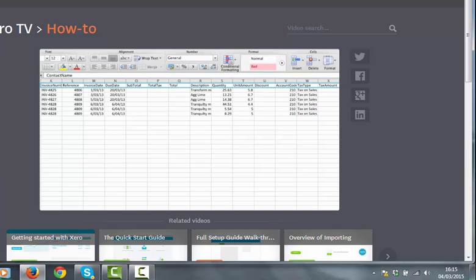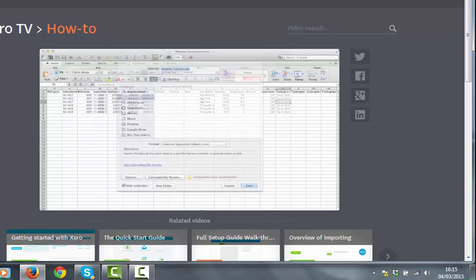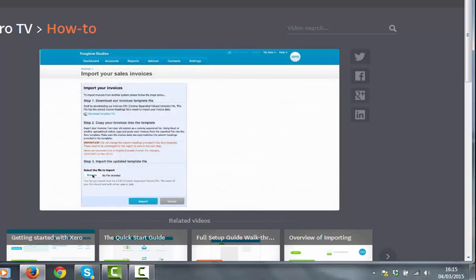And don't change the heading names at the top row, because this is what Xero uses to recognize what goes where. If you have invoices with multiple lines, all you need to do is repeat the invoice number in subsequent rows and fill the details of each line of the invoice. Xero will read this as one invoice, so you don't need to insert a blank row to signify the start of a new invoice. The change in invoice number will take care of that for you. Once you're ready, save the file as a CSV, and then in Xero select Browse, where we find the file,